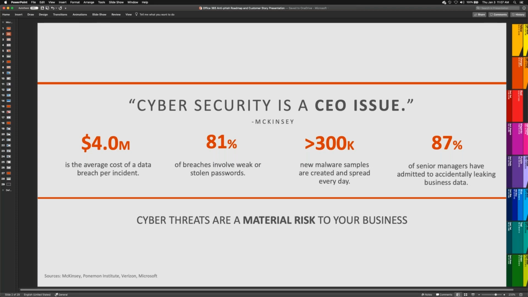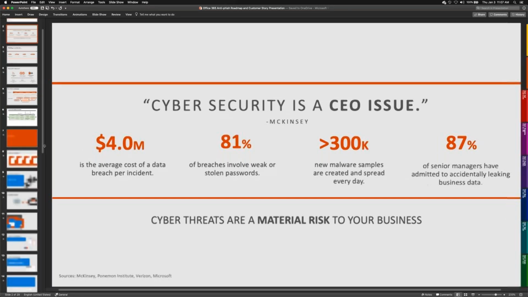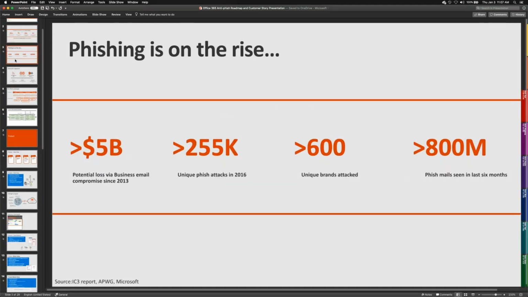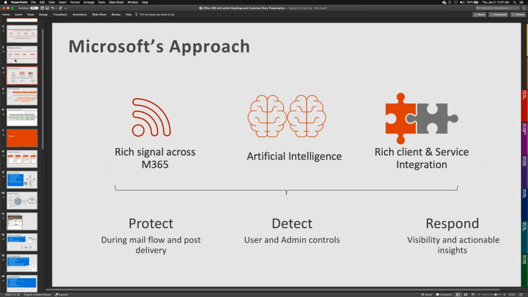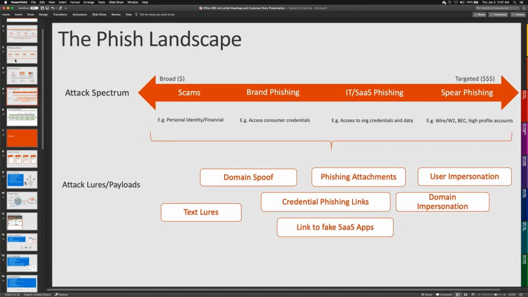So in this PowerPoint, I have quite a few slides. I'll make this available to Sean, and he can upload this to a place where you guys can download this. But I want to show you slide 5 here because I'm going to go through in just a minute and show you the admin console in Office 365 of where you can control some of this stuff. But we have a lot of different ways of protecting you when it comes to email-borne attacks.